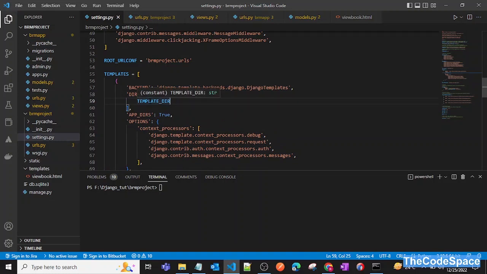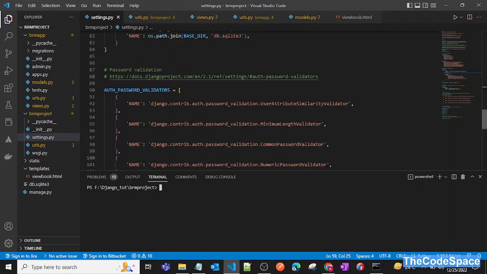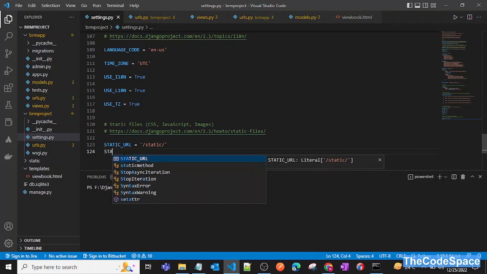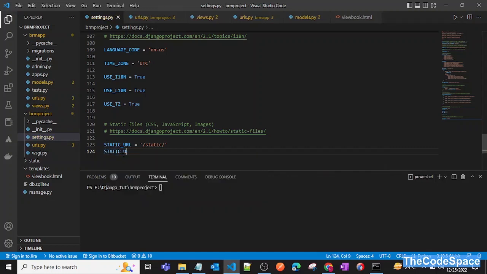Now we have configured our templates directory into this as well. Before moving ahead, let's also configure some static file related things. So now we'll go below, and we will add static directory related configuration here. So now we'll say static dir, static files dir,